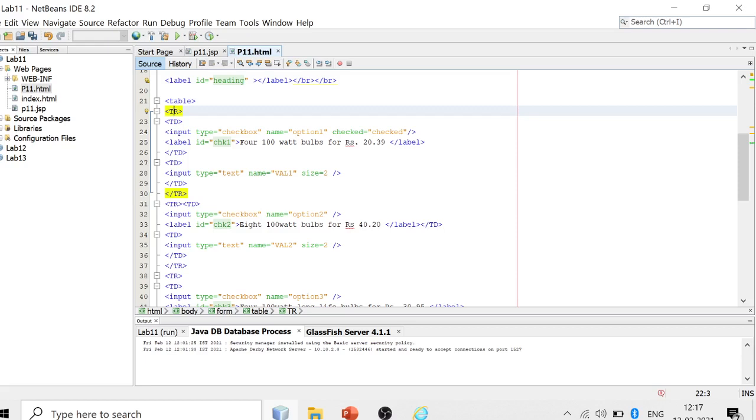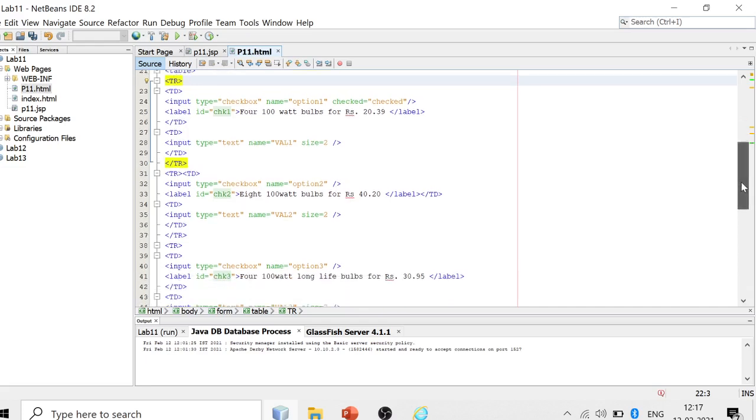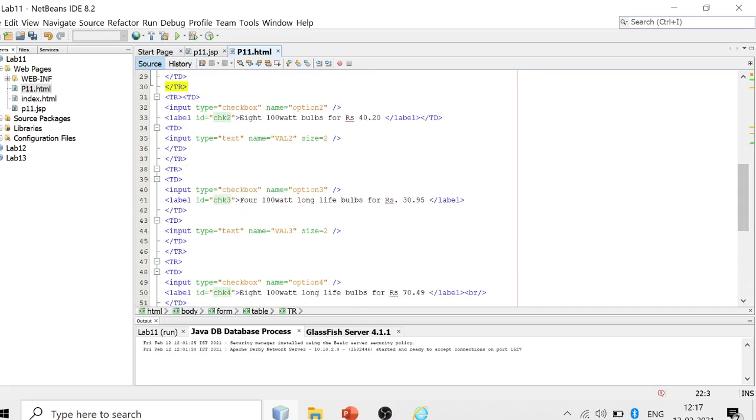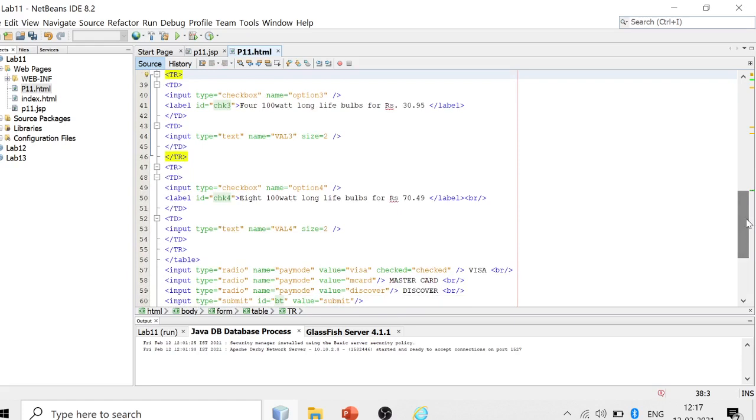Next, this is the second item. Here we have a val2 named text box for entering the quantity. In this one, we are creating the third item, that is 400 watt long life bulbs at 30.95 rupees. Then the fourth item, 800 watt long life bulb for 70.49 rupees, and a text box for entering the quantity of the fourth item.